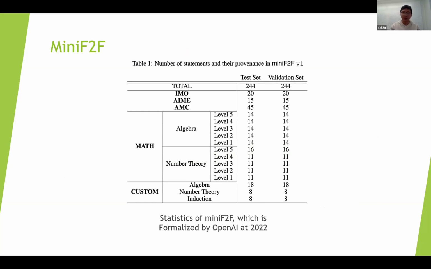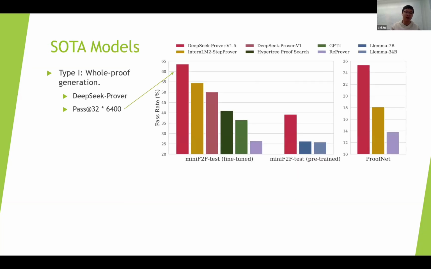Okay. So after talking about the evaluation datasets, we want to also talk about what the SOTA models were before our model. To enable a very fair comparison, there are two different types of systems for generating this formal math. One is the style of whole proof generation. Essentially, you have a language model that generates the whole proof given the problem in one pass. One representative model is DeepSeek-Prover, like DeepSeek-Prover V1 and V1.5.